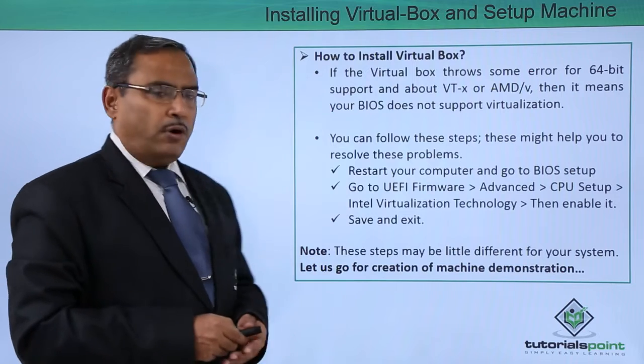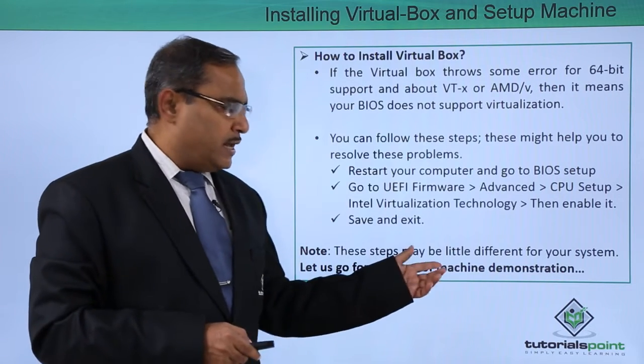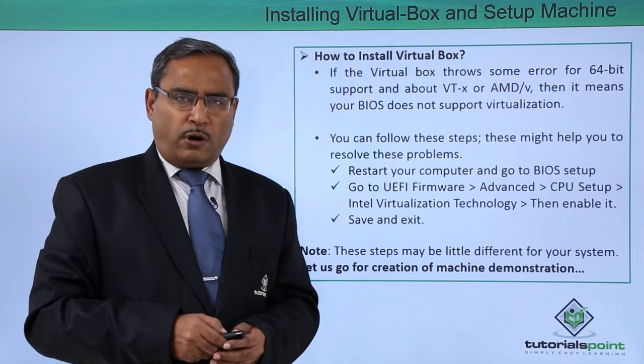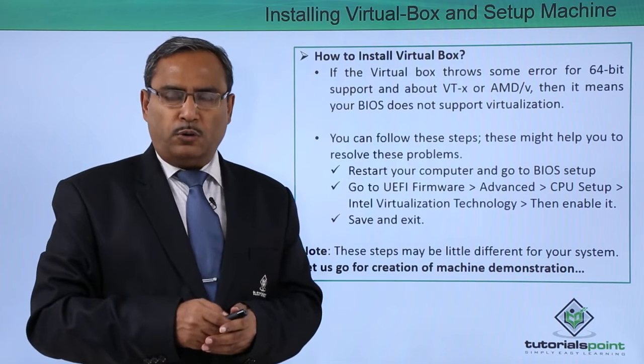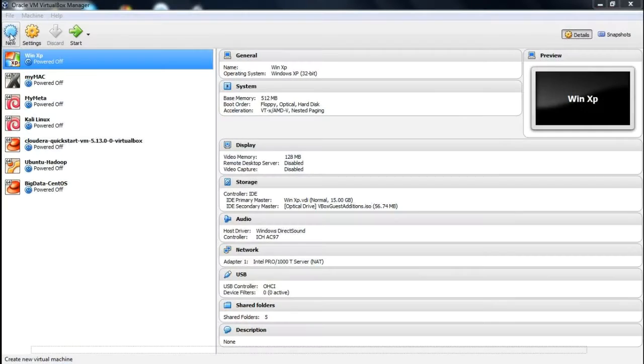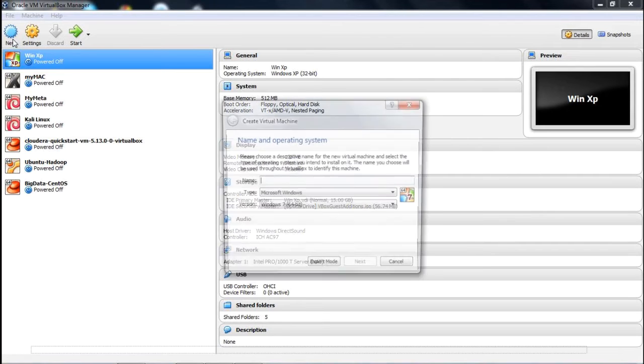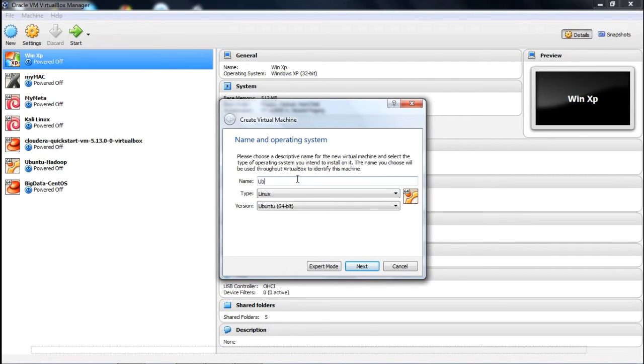Now let us go for the creation of a machine, and we are going for a demonstration of it, so that you can see what steps should be followed in practice. In this video, we are going to discuss how to create one virtual machine under Oracle VirtualBox Manager. Here you see, at first we are clicking on New. Clicking on New, we are giving the virtual machine name. Let us suppose we have given the name as